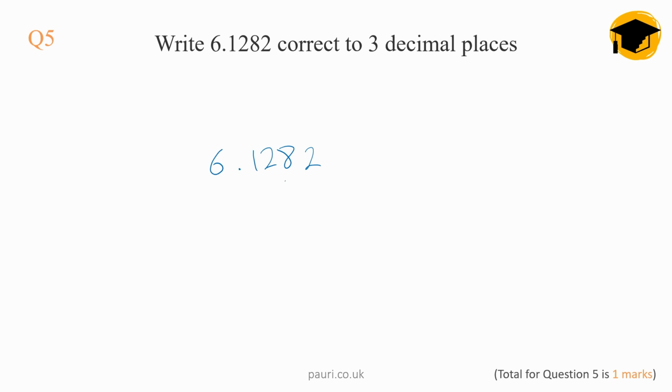Correct to 3 decimal places. So this is my 3rd decimal place. Is the next number 5 or above? No, it's not. So my answer is 6.128. Next question,